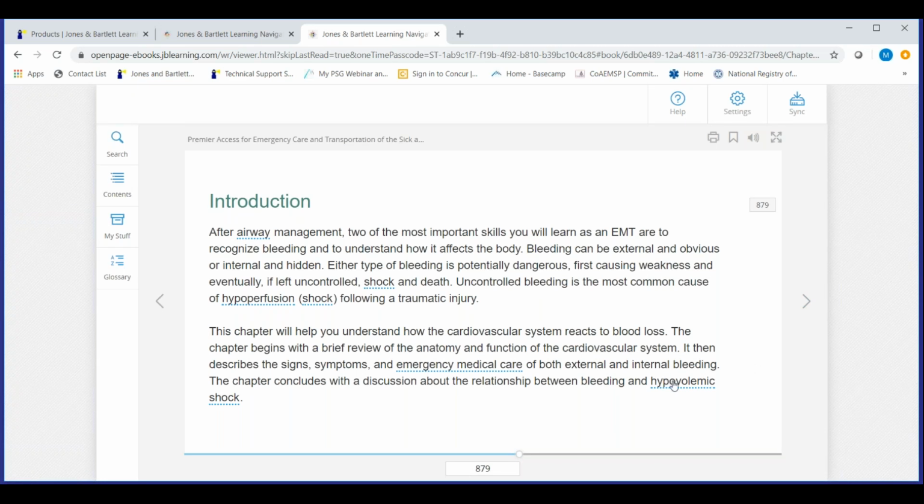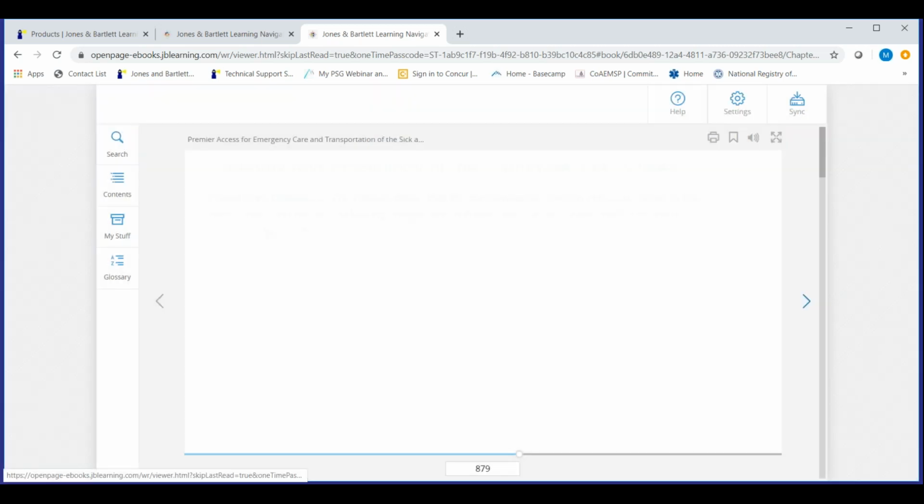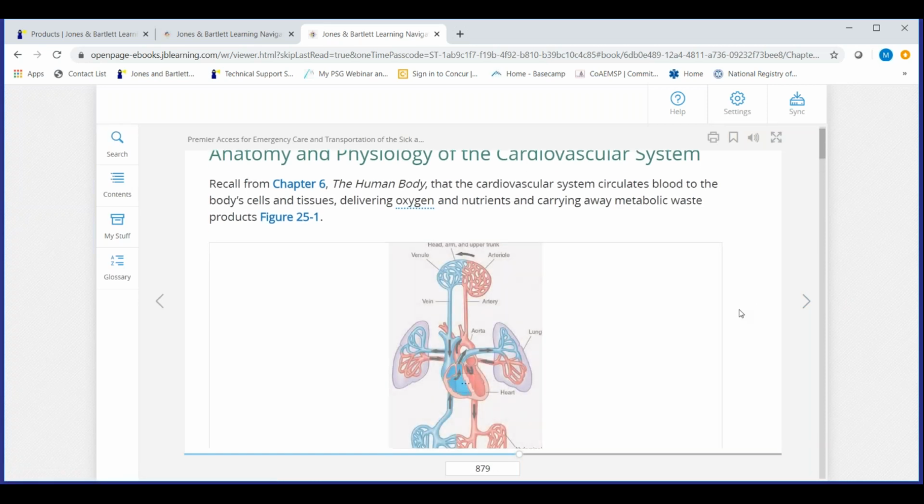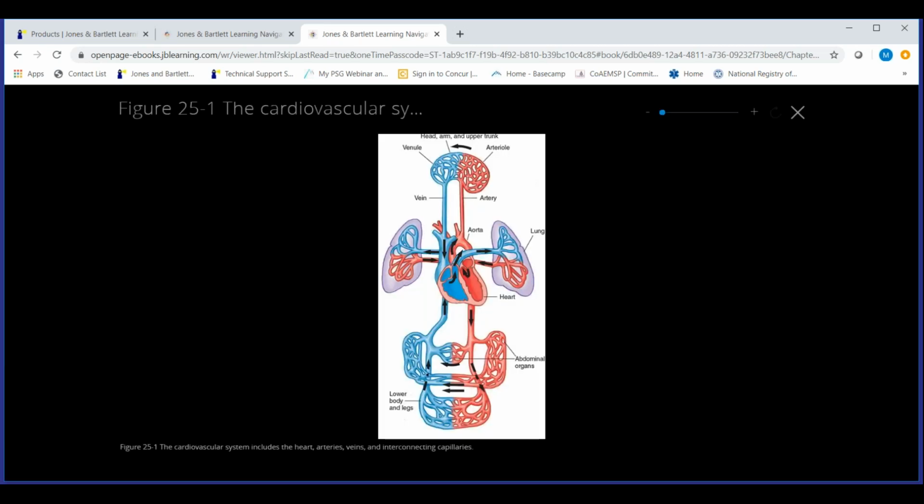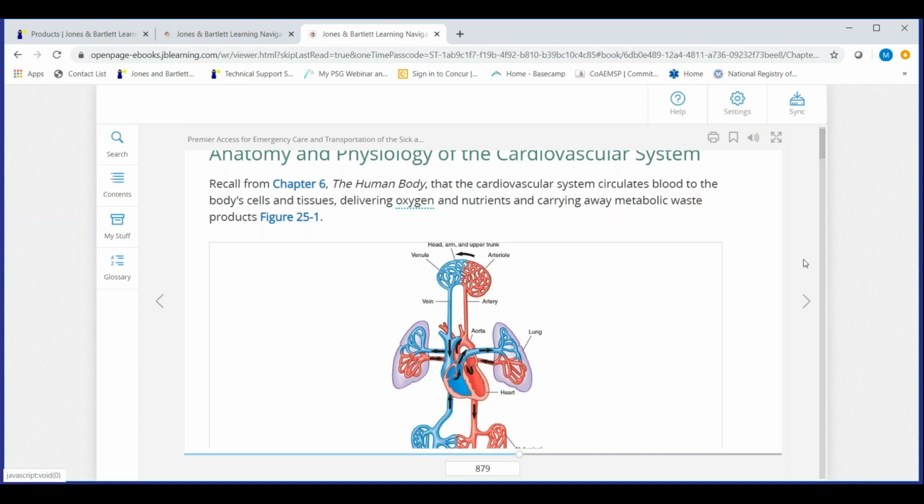You know, if they have any of the underlined words that they don't understand, they just click on it and it pops up the definition. As they truck through, they'll see diagrams and pictures that they're able to click on that will match the book. So again, just another way to hammer home that their material is the same.